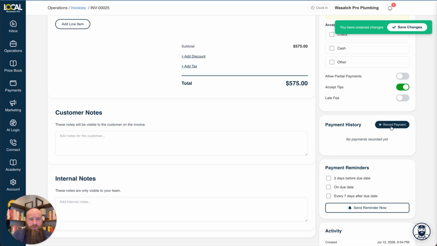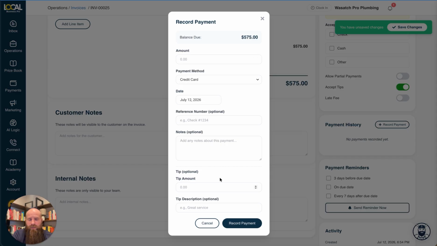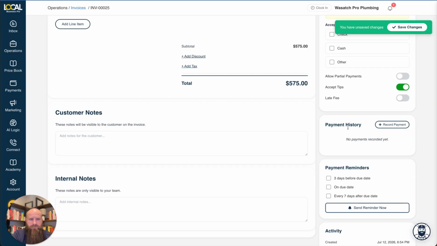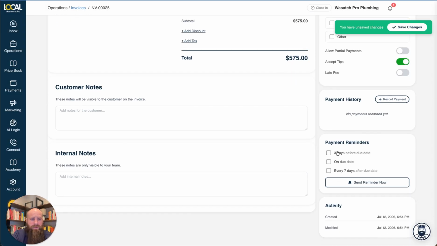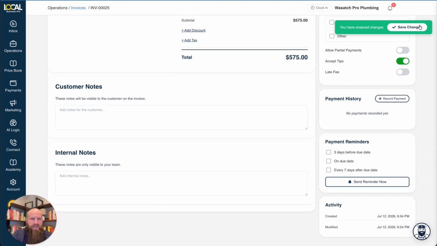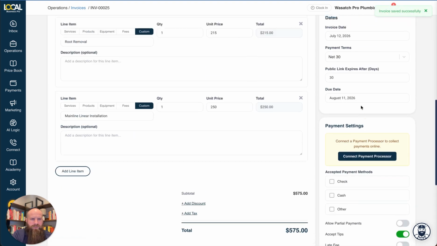and then maybe they paid in cash. This is where you'd be able to actually go in and record a cash payment or a check, and then here's where you could set the auto reminders as well and say, hey, I want 3 days before, this is how I want them to be reminded, and I'm going to go ahead and click save on those changes,